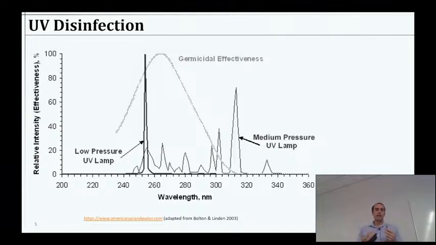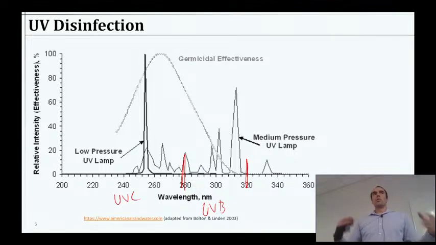So what light is absorbed by DNA in a manner that breaks the DNA? Well, that's this germicidal effectiveness curve here. We can see anything from around 230 nanometers up to a peak at around 260, 265, and all the way up into what we called the UVB range, right? So this is kind of the UVB, and anything left of 280 was UVC. So germicidal means the DNA is directly being damaged by photons of this color, so to speak.